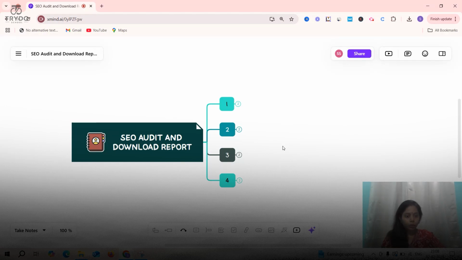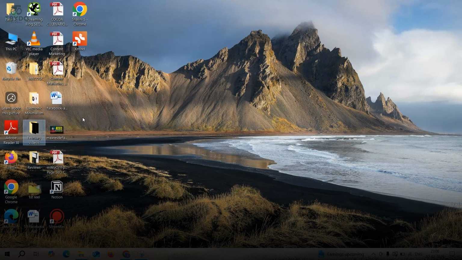Let us start with the very first step. You have to crawl the entire website. Crawling each and every page takes time, so better use this particular tool called Screaming Frog. You can install this tool. I just have it over here. You can crawl around 500 URLs for free. No worries on that.